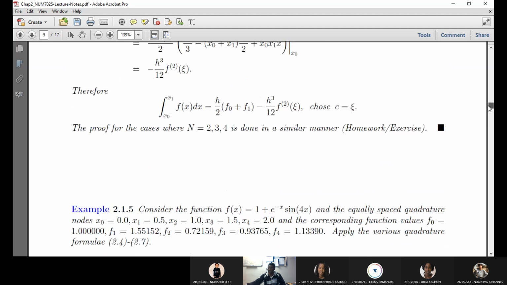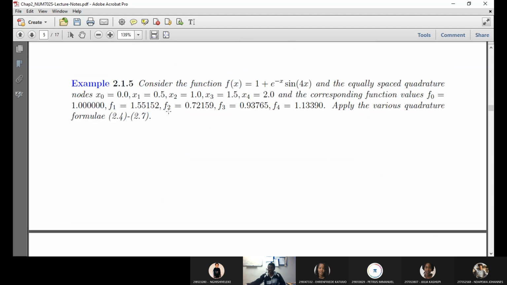So this is the integral, the function if you want. Okay, so this is the function. And we have equally spaced quadrature nodes x0, x1, x2, x3, x4. So these are the points that we have. And we know the values of the function at x0, x1, x2, x3 up to x4,